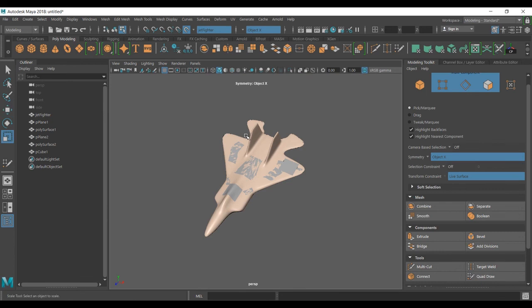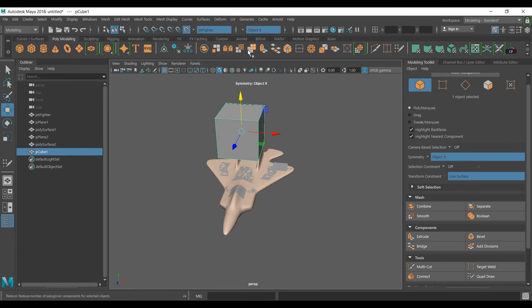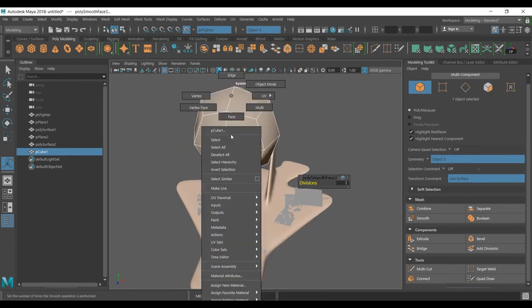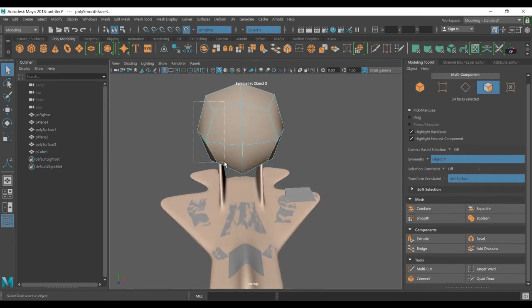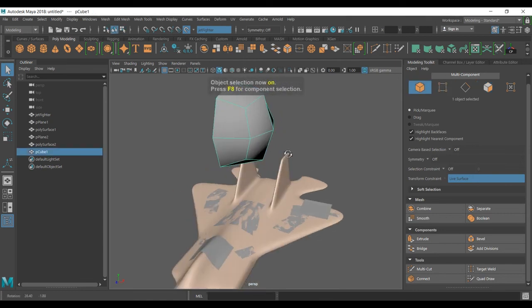Creating a cube, make it bigger, smooth this a bit, there we go, and delete half of this. Of course you need to turn this off, and delete this. Great. So of course you need to align the center to do this, holding the shift